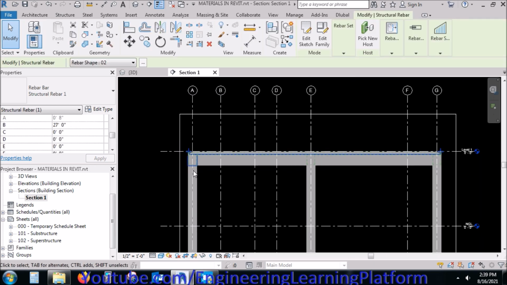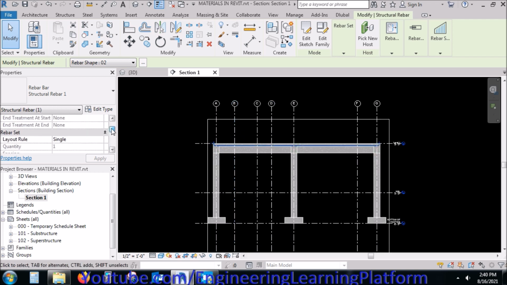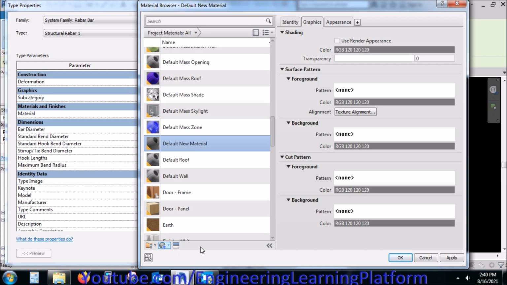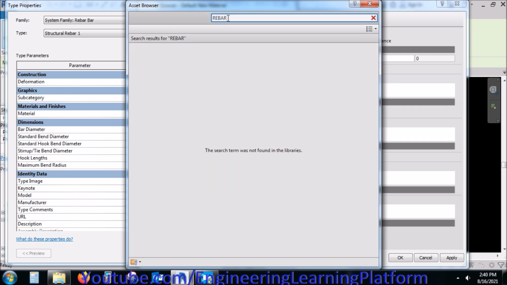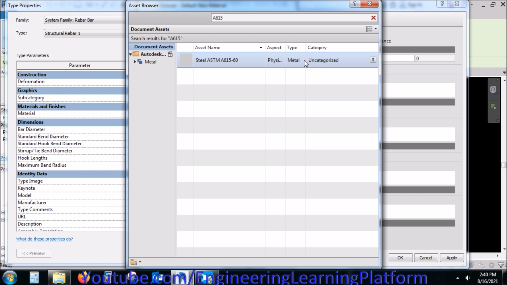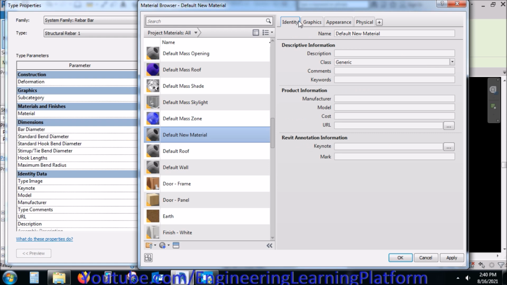So I have selected the drawn rebar, and from the properties palette I'll slide to the materials, but we can't see the material for the rebar from the properties palette, so we click on edit, and in the material category we can select the rebar material. Since by default rebar material is not available, I'll type A615 standard here, as the standard for rebar using American code is A615 for 60 KSI strength. So the physical properties have been imported,